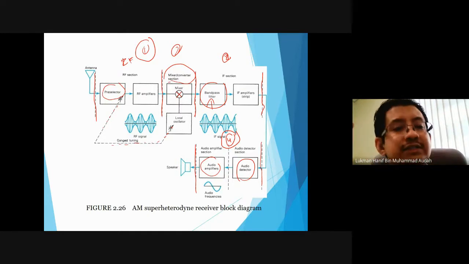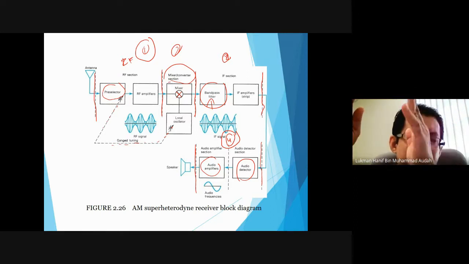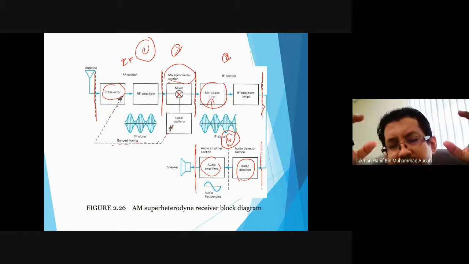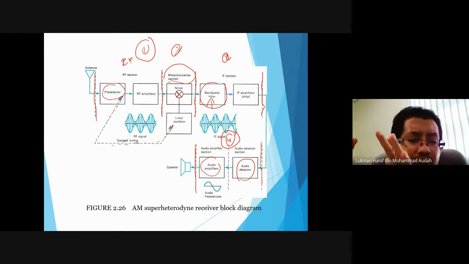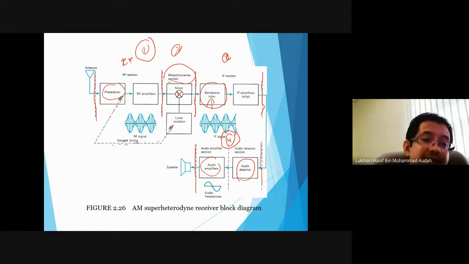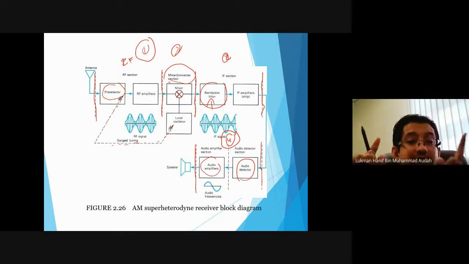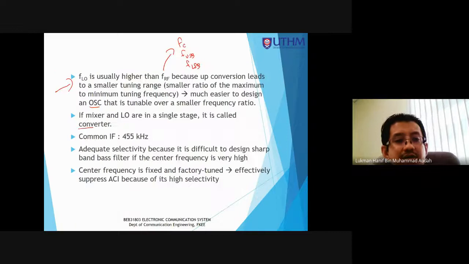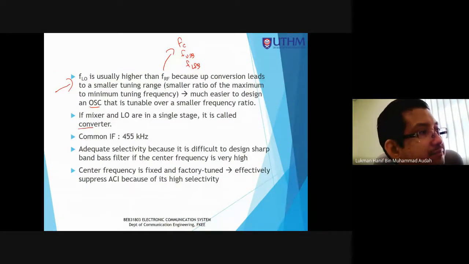Okay, first conversion, second conversion. Sebab FM punya frequency band itu besar berbanding dengan AM. AM dalam julat beberapa ratus kilohertz sampai 1 megahertz, 1.6, 1.7 mega. But for the frequency modulation band, it is between 88 until 108 megahertz. So in FM system, we use two down conversions, dua kali. So dalam example ini kita buat sekali saja down conversion kepada intermediate frequency. So dalam FM dia ada dua IF, dua jenis IF. Itu nanti kita akan lihat. Okay. And it is said that